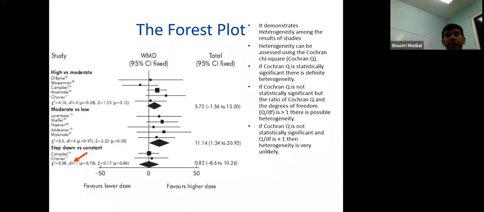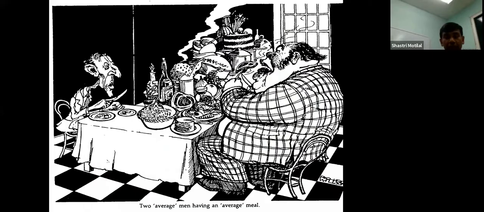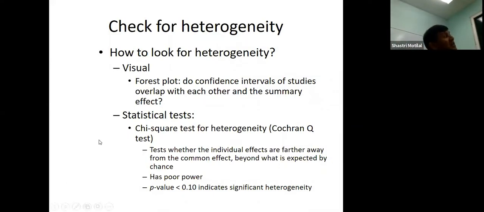If you see something called I-squared, that is a statistical measure of heterogeneity. What we spoke about so far was this chi-squared Cochrane Q test. The other statistical test that exists is called I-squared. If it's more than 50%, it means there is significant heterogeneity. And if there is significant heterogeneity, it was inappropriate to combine these studies. It means statistically the results were very dissimilar among the studies, and it probably wasn't very appropriate to combine them in a meta-analysis in the first place. It means take the findings with a pinch of salt.